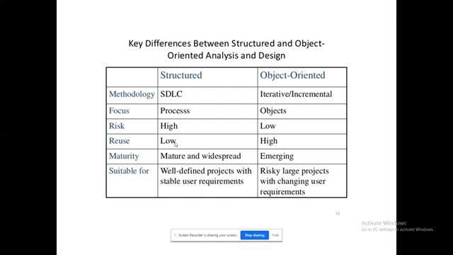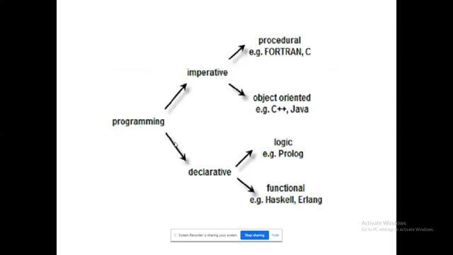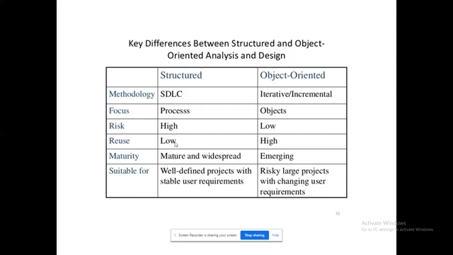Here I want to differentiate those things in terms of software engineering. What is the difference between structured programming language and object-oriented programming language? Here I'm going to talk about only imperative, so declarative will not come into our scope. In the structured methodology, SDLC, the software development lifecycle, it moves from one phase to the other. The phases are requirements gathering, analysis, design, then coding and implementation, testing, and finally deployment and maintenance. Stage by stage it will come. That is the SDLC.